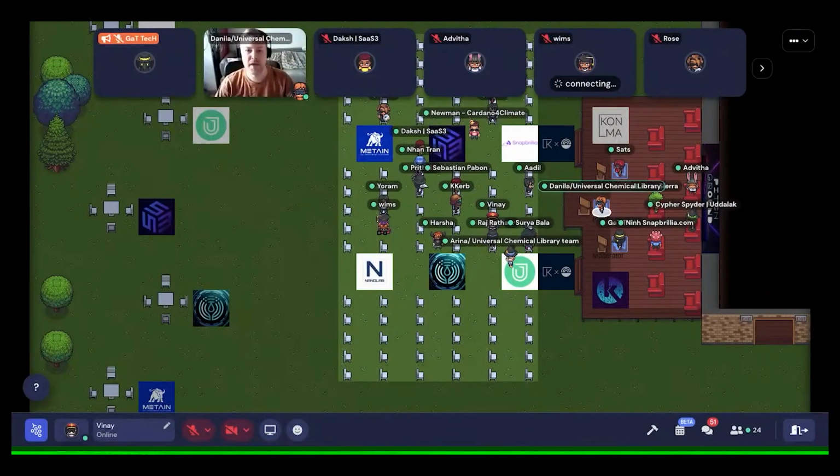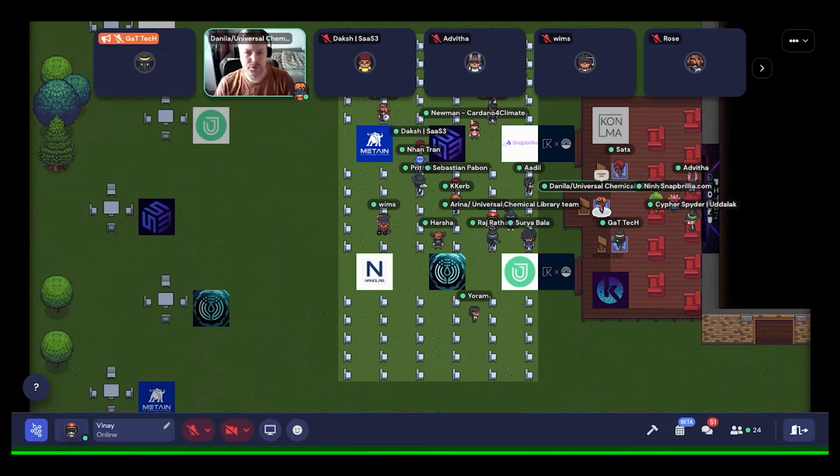Okay, so I'm not going to be showing the presentation. I just want to tell the overall story of what we want to do and how it connects with Cardano. The idea of the Universal Chemical Library is to integrate the knowledge that we have about chemistry on